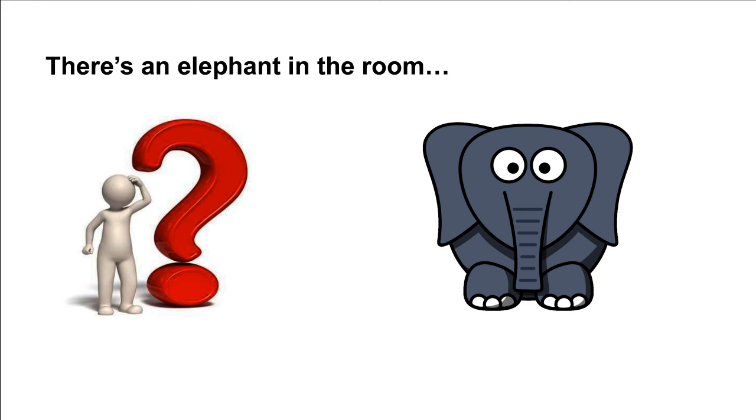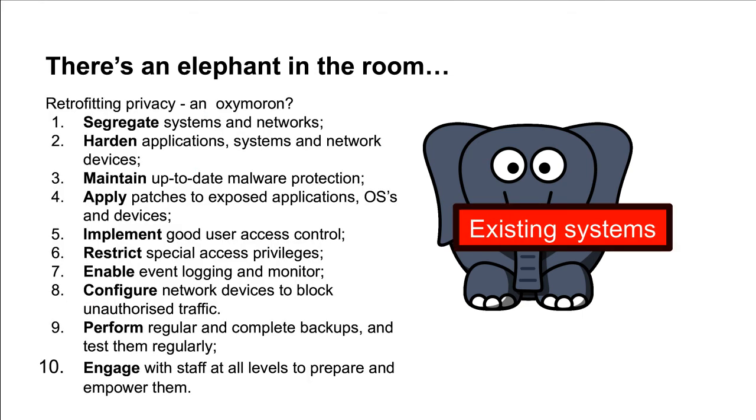And finally, when it comes to implementing privacy by design in our organisations, we've finally come up against one major hurdle. There's a big elephant in the room that we have not discussed. And it's this: what the heck do we do about our existing systems? Everything you'll ever read about implementing privacy by design is all about embedding it in new services and new systems. Nobody talks about how the heck you retrofit this stuff. And in honesty, it's really hard to do, which is why everybody tries to ignore it.